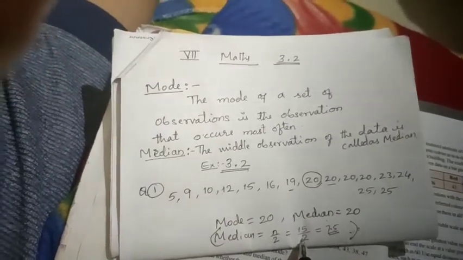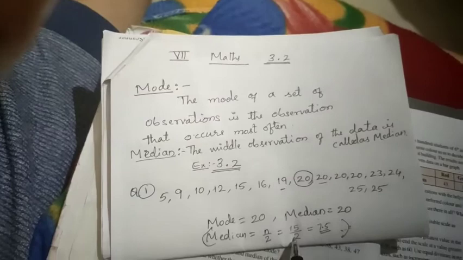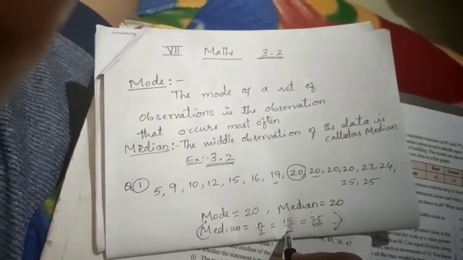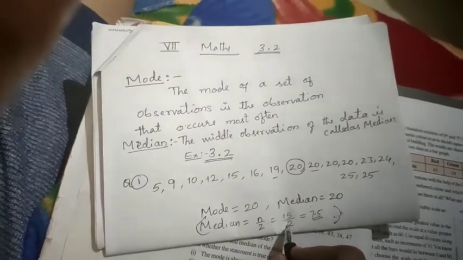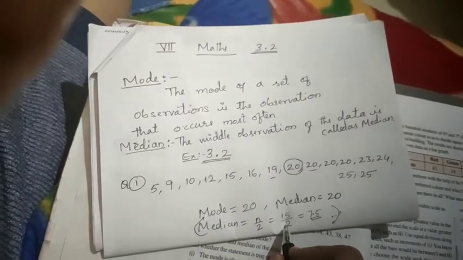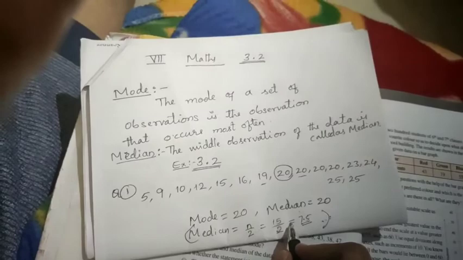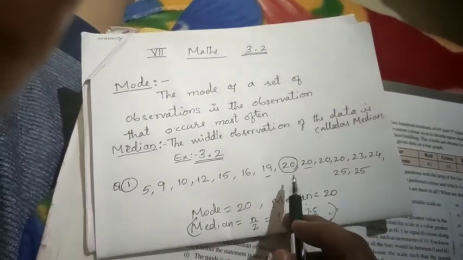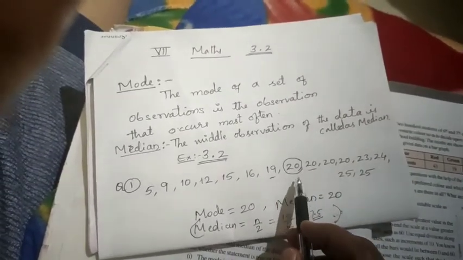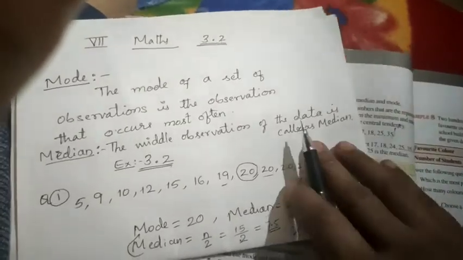There is one formula for finding the median for the given set of observations, maybe even number of observations or odd number of observations. For odd number of observations it is easy. For even you may get confused. That's why this method I am explaining to you. Okay, children. If you want to use that formula for odd observations, you can do that also.